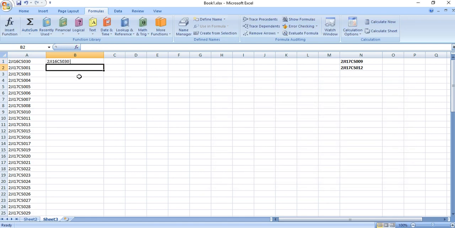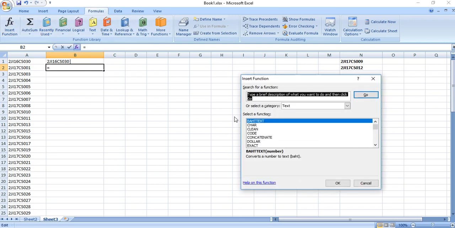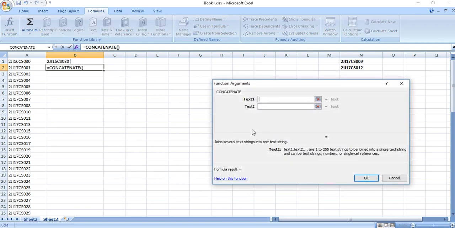Now go to the second cell in column B, again formulas, insert function, from text select concatenate again. In text 1 you will select B1, this is the first value you are going to select.